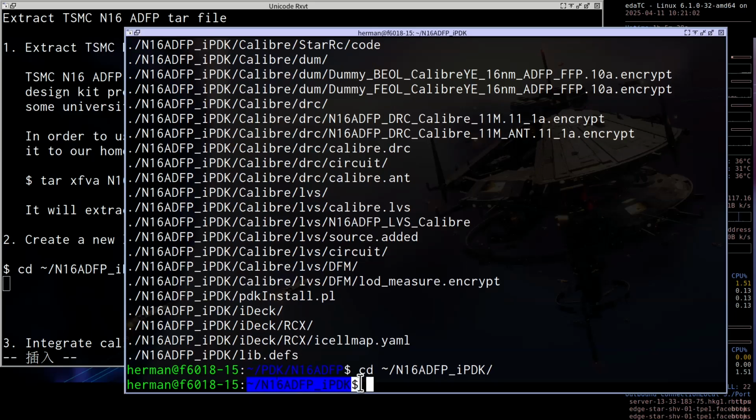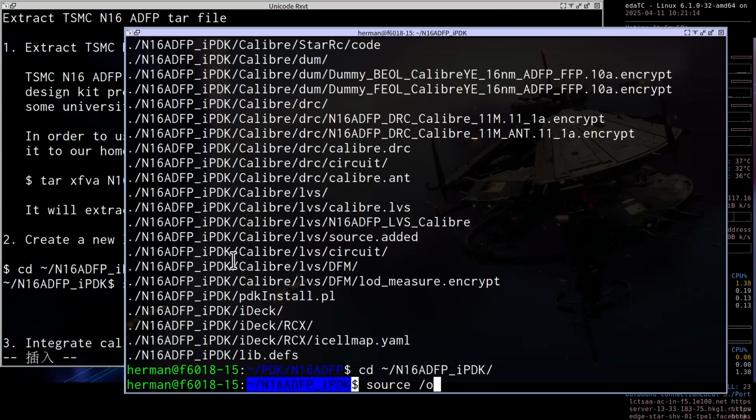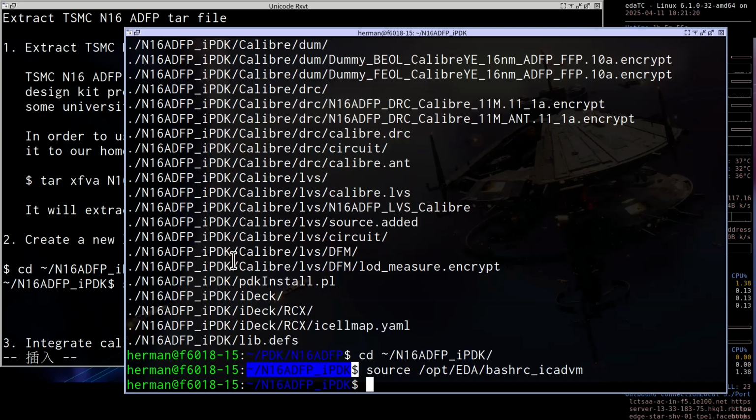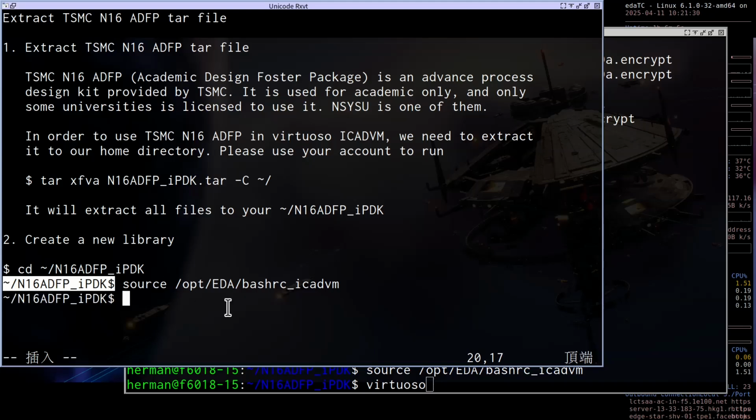Here, you can source opt eda rc ICAD VM, source opt eda rc ICAD VM, enter. Then you can type virtuoso.